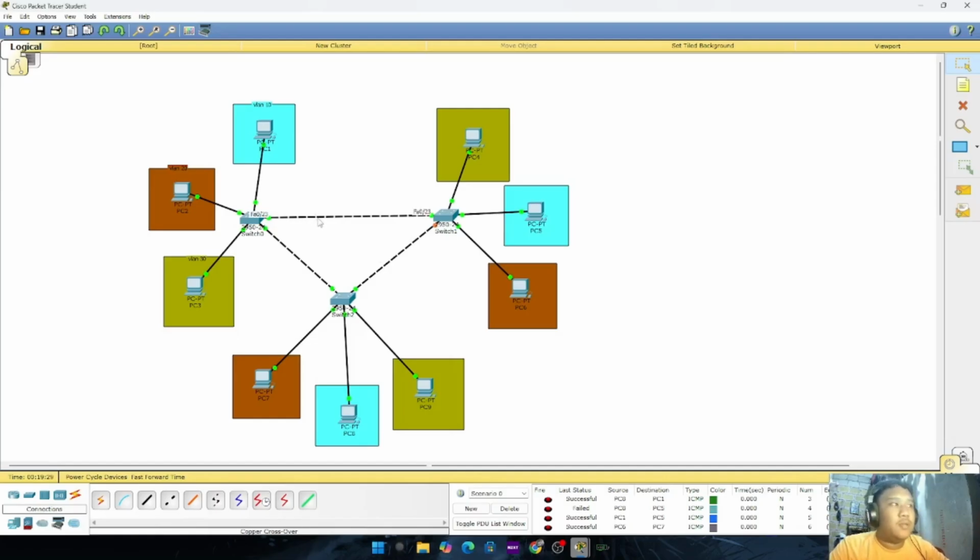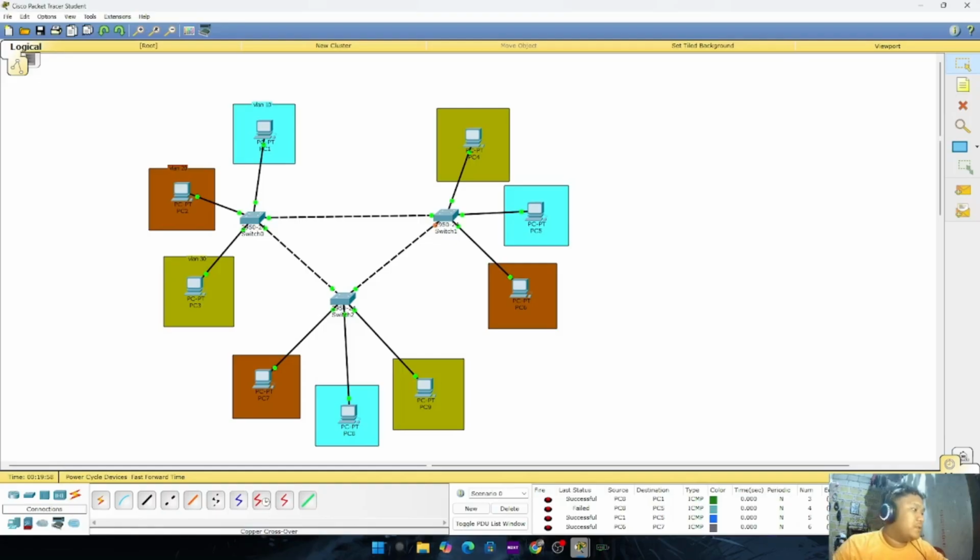Now let's proceed to the spanning tree protocol. The spanning tree protocol is a network protocol that prevents switching loops in a network with redundant links. Why do we need STP? If two switches are connected by three or more than one path, frames can loop forever, causing broadcast storms and network failure.